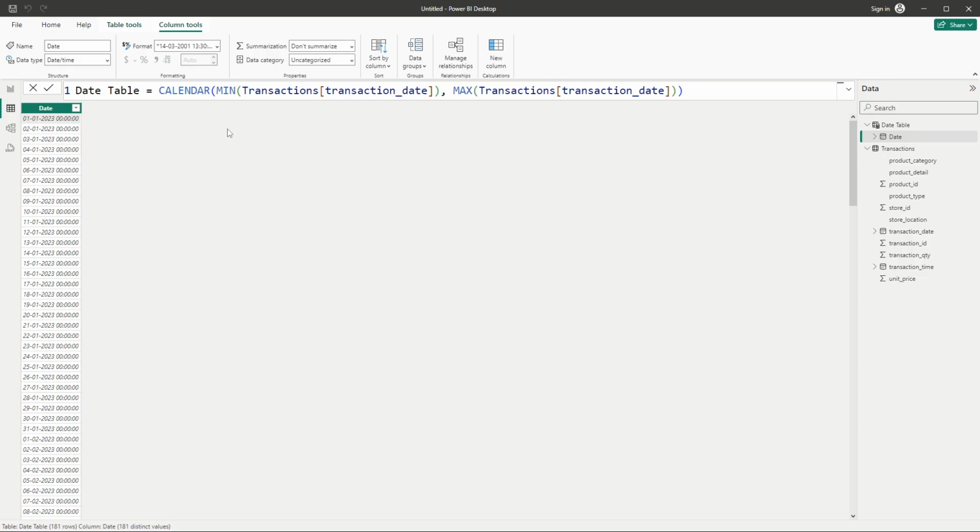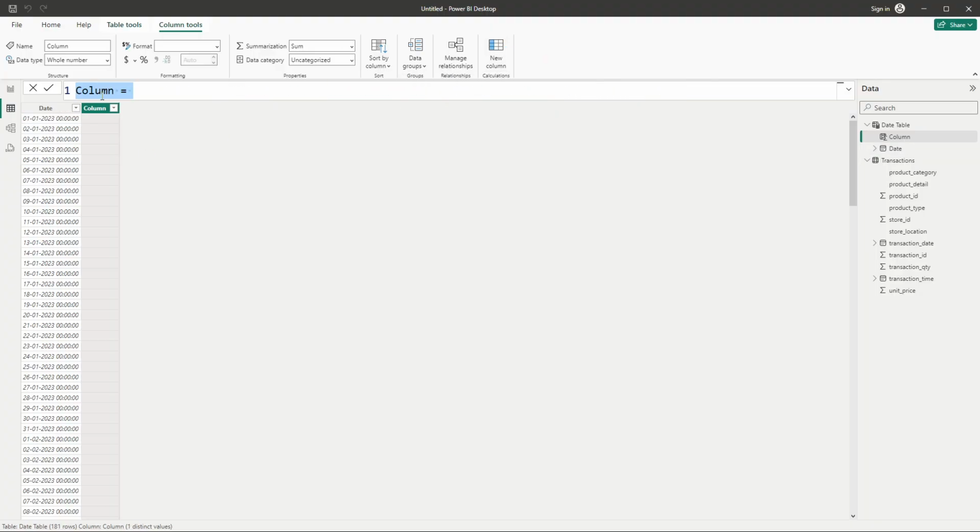To do that, we have to go to Column tools, and you have an option over here called New column. So in this particular table, we are going to create a new column. Just click on this New column, and we will give the name of this column as month. We have to create the month over here. That is nothing but extract the month from the date column which we created,